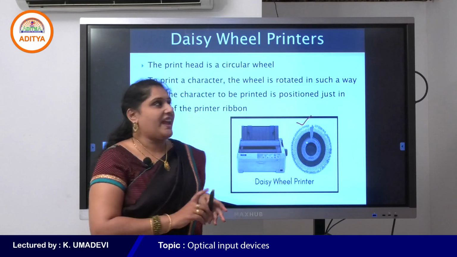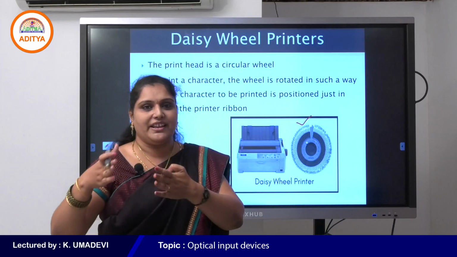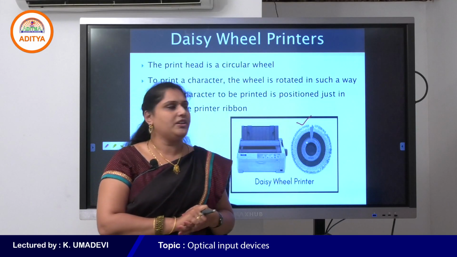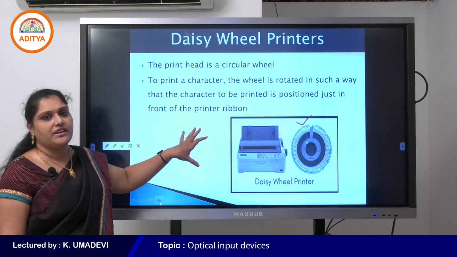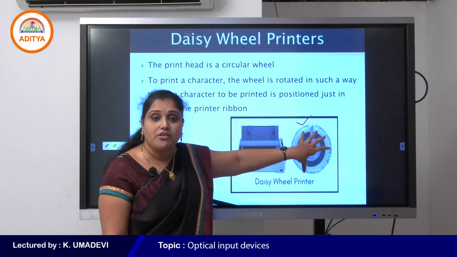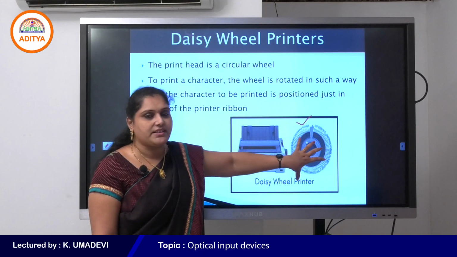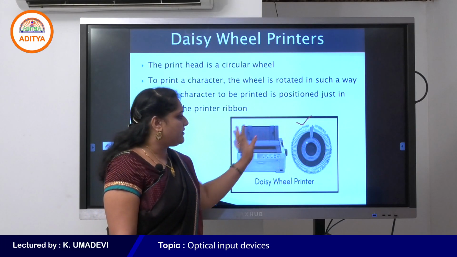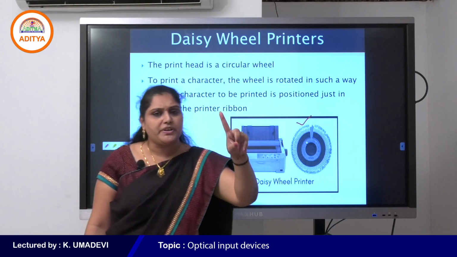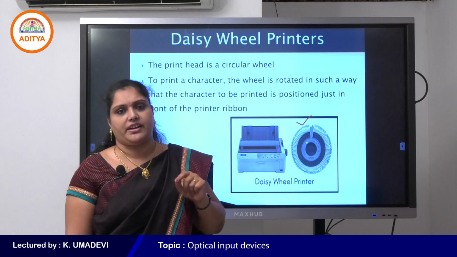See, now the daisy wheel printers are not used today because again laser printers and inkjet printers have replaced daisy wheel, dot matrix and line printers, etc. Okay, so this is about the daisy wheel printer. The print head is a circular wheel which looks like a daisy flower. That's why it is called a daisy wheel printer. It has a metal or plastic disc. While printing, this disc is rotated to print each character at a time. See, a dot matrix printer prints each character at a time. A daisy wheel printer prints each character at a time.